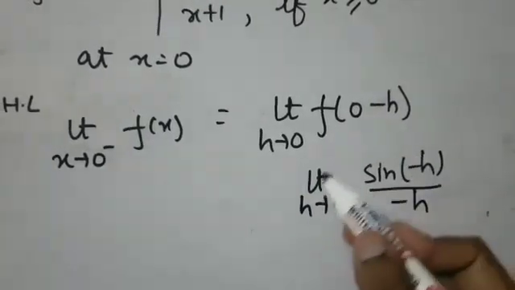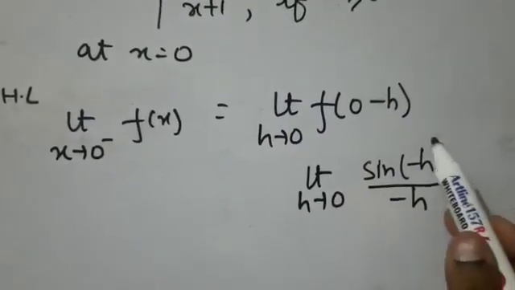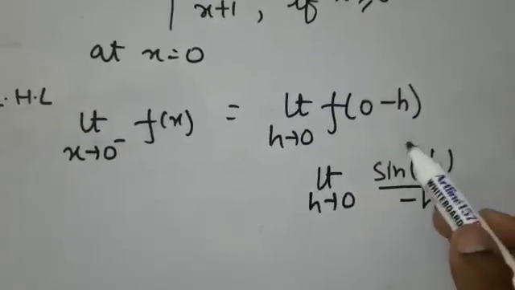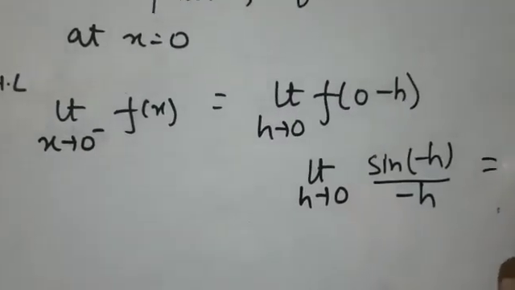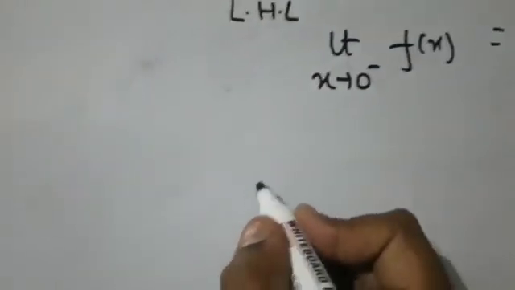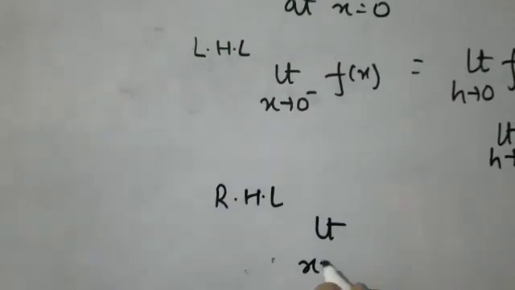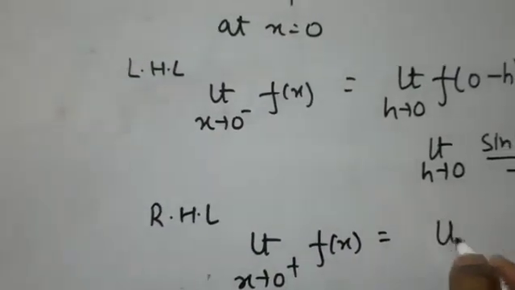In class 11, students please focus. In class 11 we just learned about this concept, and the value of sin(minus h) upon h is 1. Okay, now for the right hand limit we have limit x tends to 0 plus f(x) is equal to limit